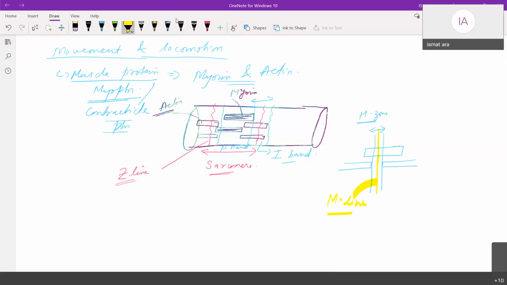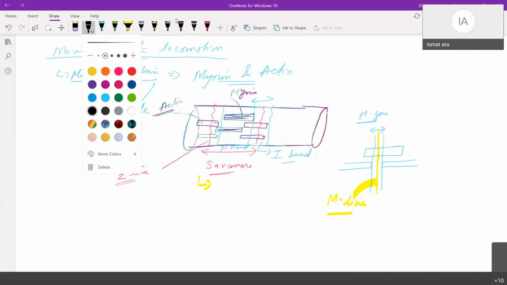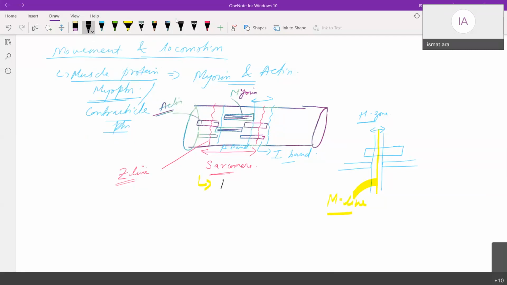So we can say that this sarcomere, suppose I'm talking about this sarcomere. Let me change this one. Now in this sarcomere, see the diagram: half portion of A band, sorry, half portion of I band. This one, half portion of I band plus,